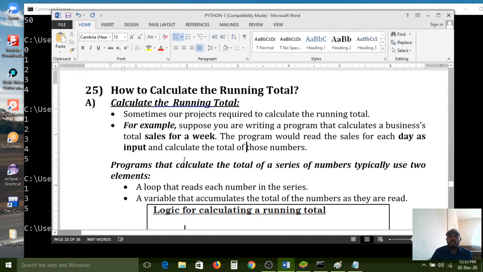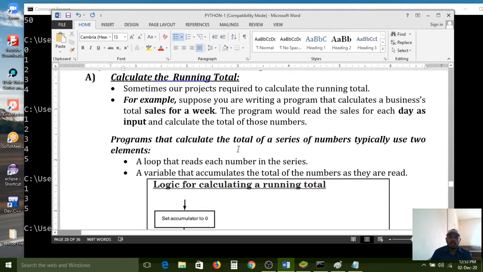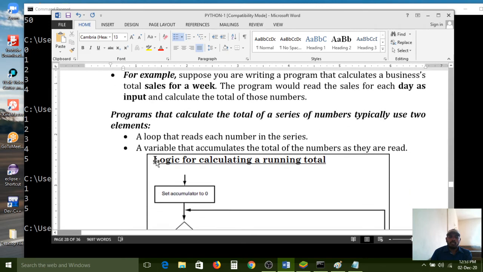The program would read the sales for each day. I mean, daily they are selling some products, and how many products they sold, all of that we need to calculate with this program. Programs that calculate the total of a series of numbers typically use two elements.